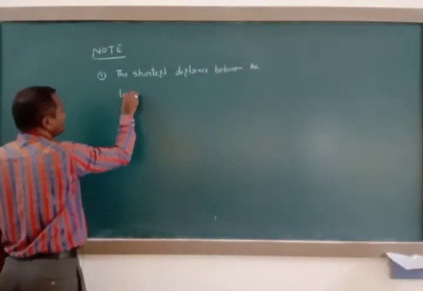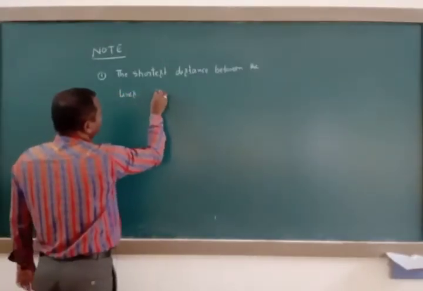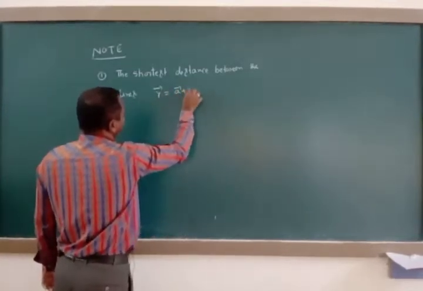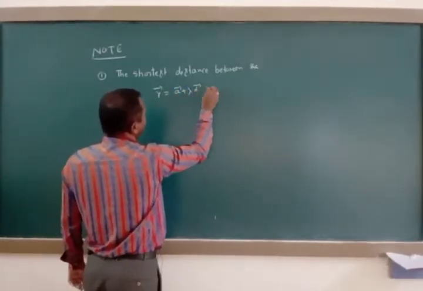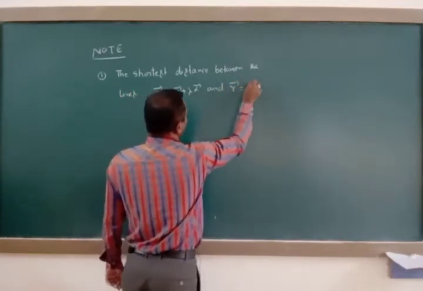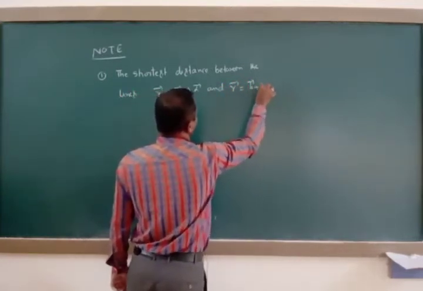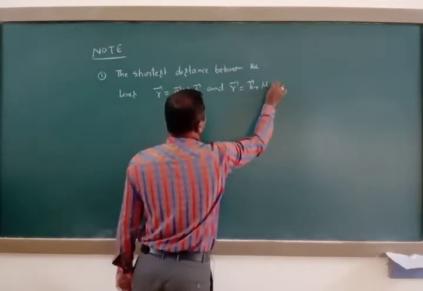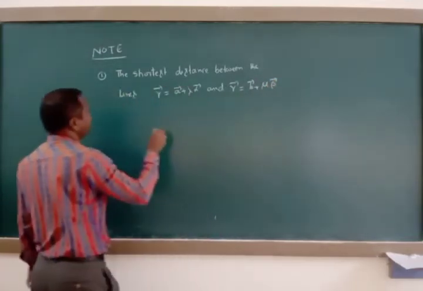R vector is equal to A vector plus lambda into alpha vector, and R vector is equal to B vector plus mu into beta vector, another line, is given by